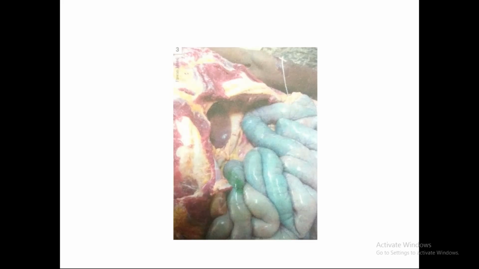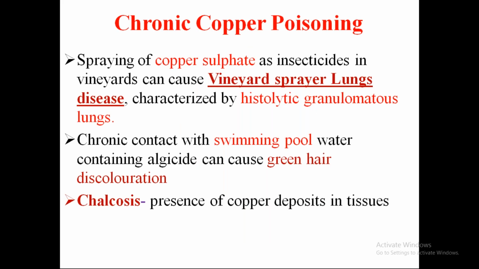So greenish bluish staining of the intestines can be seen in copper poisoning. So what is chronic copper poisoning? All these things which we have seen up to now are the features of acute poisoning, and now the features of chronic poisoning. So spraying copper sulfate as an insecticide in vineyards can cause a disease called vineyard sprayer's lung disease,